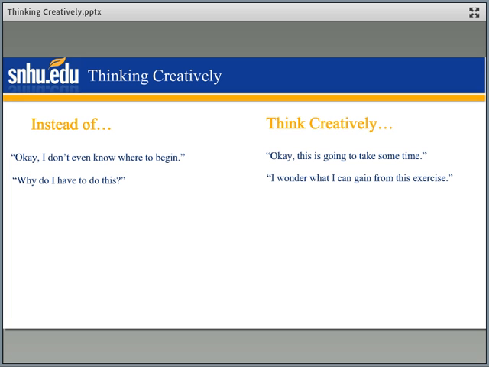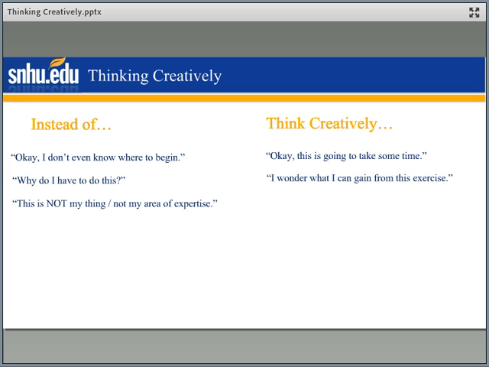So if it's a given that you've got to complete this course, you've got to get started and do these assignments, rather than focusing on the idea that you don't necessarily want to take the course, you can ask yourself, what can I gain from this? What are some benefits I can look forward to in accomplishing this and succeeding in this course and getting through it? What are some possible gains I can have by the end of this exercise?